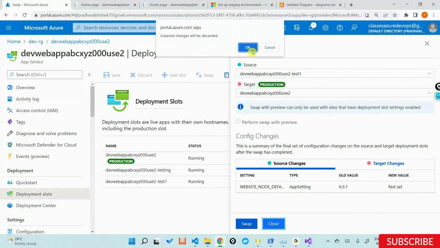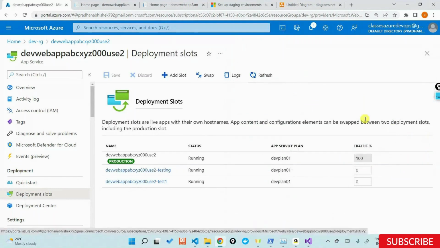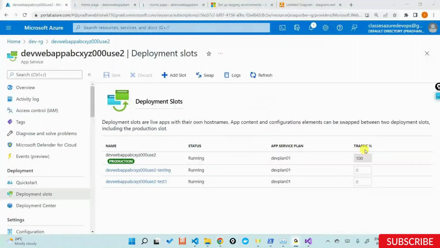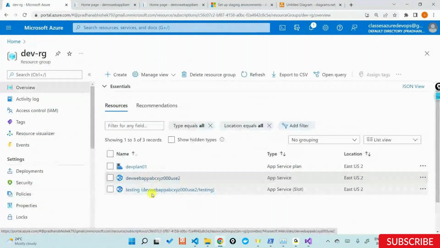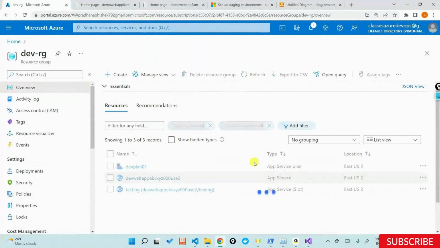Yes, any questions? Sir, is one resource group enough for testing and production deployment? Is one resource group enough in a real time scenario? In a real time scenario, no, not really. In this case, I'm just using one particular resource group to test everything out here, just to make sure